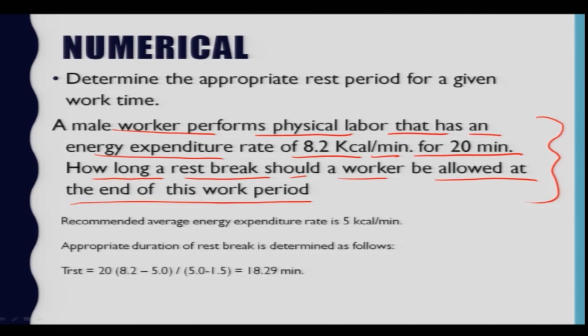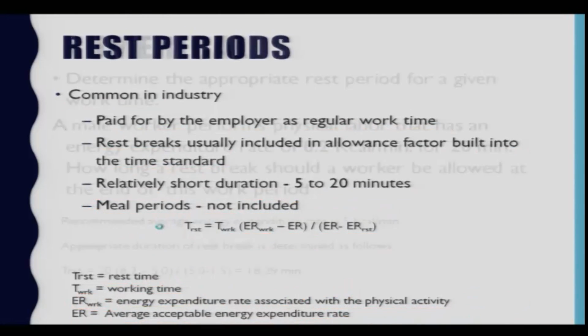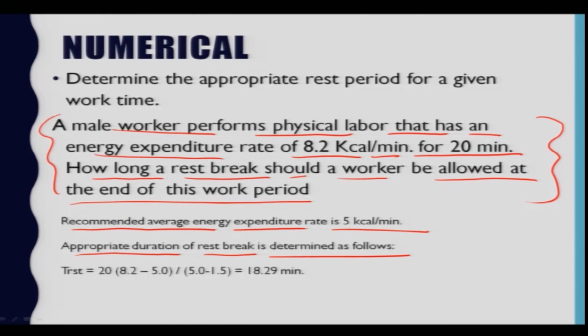In these situations you can find your rest period with the help of the given data. Since the recommended average energy expenditure rate is 5 kilocalorie per minute, the appropriate duration of the rest break is determined as follows. The formula that you have to use, as mentioned in the previous slide, is T work times ER work minus ER, upon ER minus ER rest. You put these values in the formula and you will get the result as the rest period. In this condition, the rest period that a male worker has to be given is